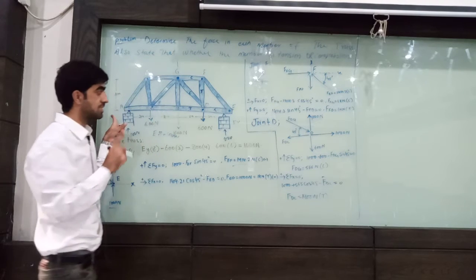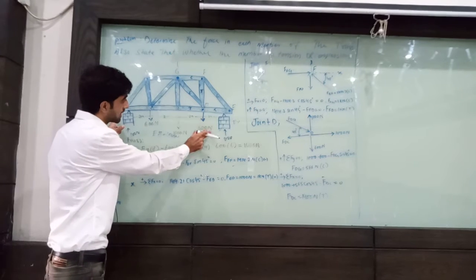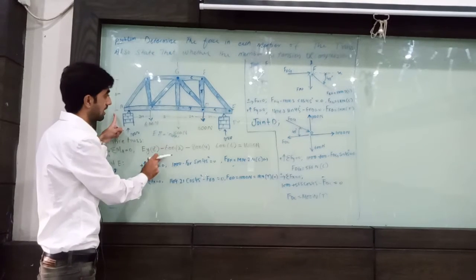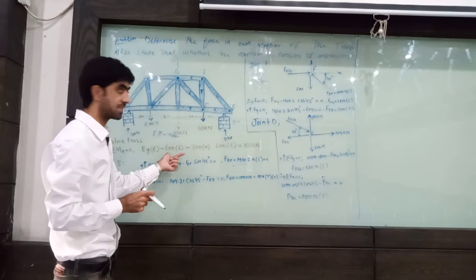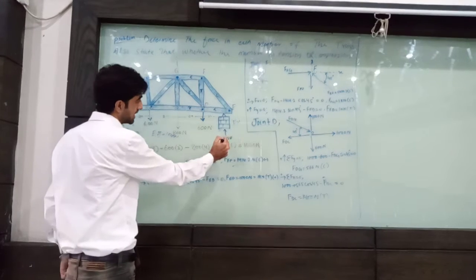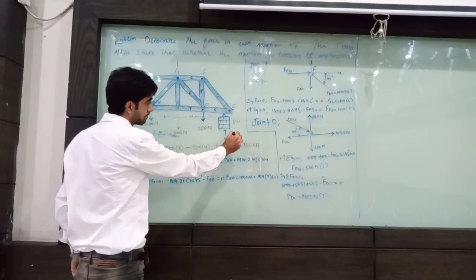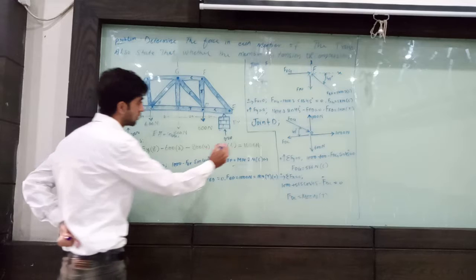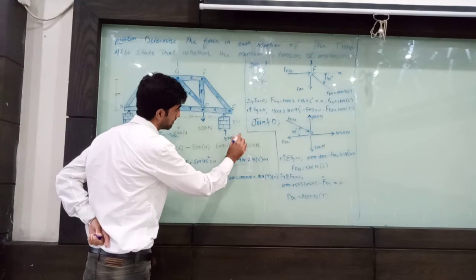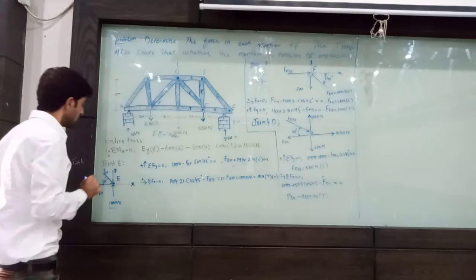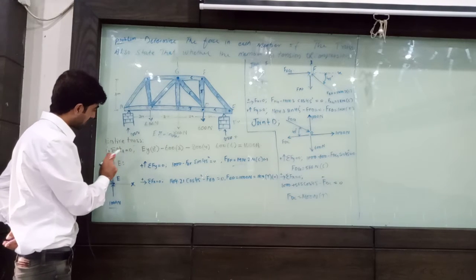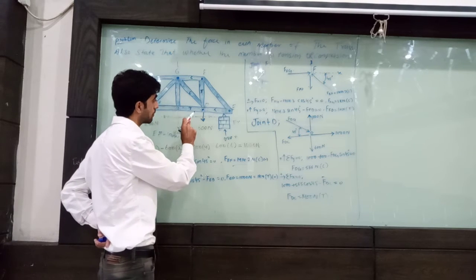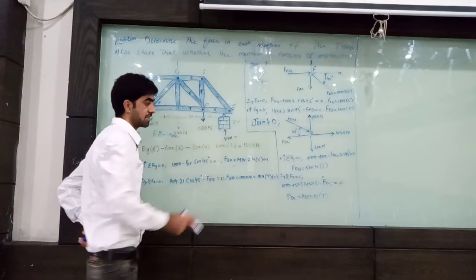Clockwise, anti-clockwise load. This load can be downward, so we consider it negative, minus. If we apply this load, this reaction we consider as plus. So basically, this load and this reaction can be considered positive. So for the entire truss, first of all, summation of moment. How to find moment? Total distance multiplied by load.